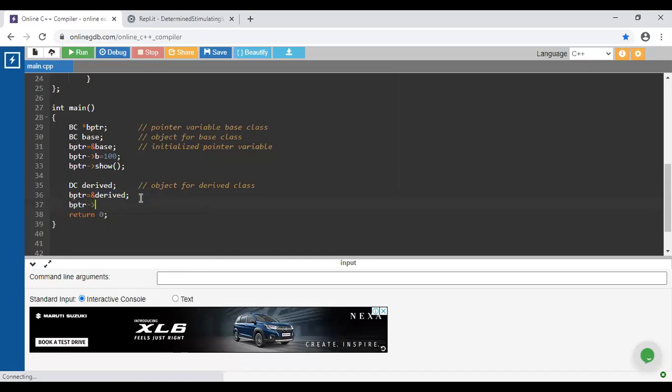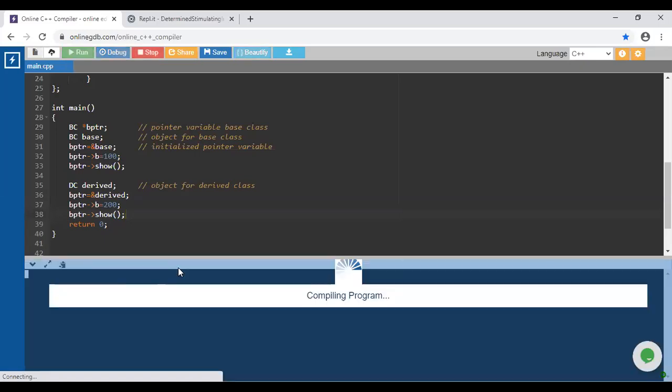Next, with the help of that base pointer variable, again initialize the b variable to 200, and with the same pointer call the show method. What is the expected output? For the whole program, the first one will display b is equal to 100, and the second one will display b is equal to 200.